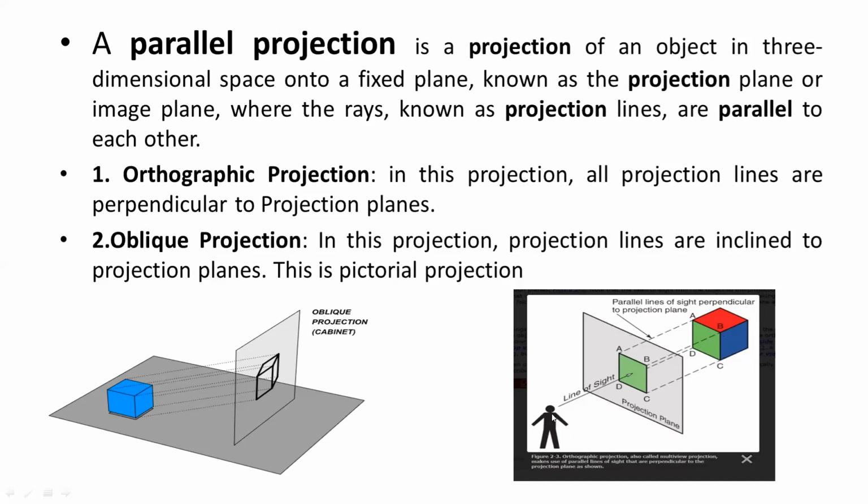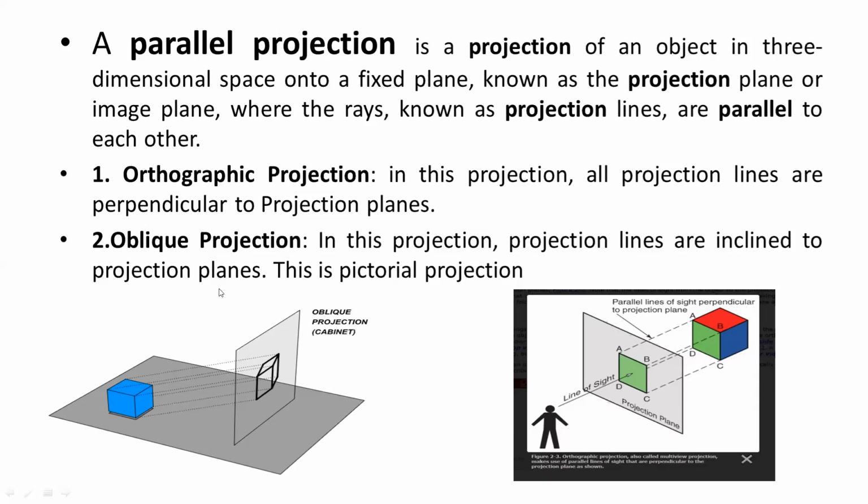So from this direction, we can only observe this rectangle, which is ABCD. Okay, so this will be the front view of the object. If you observe the object from the right side, then we can observe only this rectangle, that will be a side view. And if you observe from the top direction, then we will get this rectangle. Okay, so this is the top view.